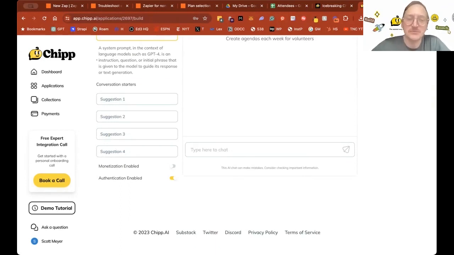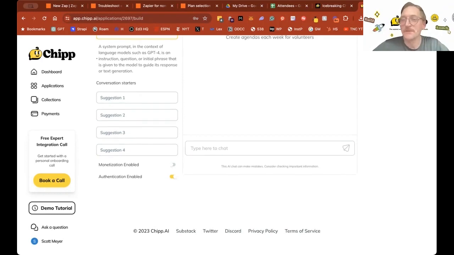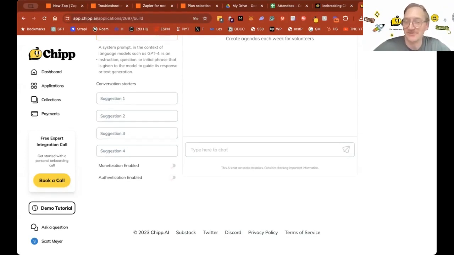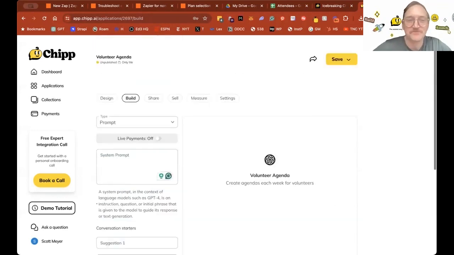This is kind of up to you. Most people, I would say right now, are turning it off. Basically, this means, does the user have to log in to use your tool? So do you want to limit who's using this tool based on, only members of your company? You might do that if the information is somewhat proprietary or private. For me, I'm using volunteers, right? So I just want as many people as possible to do this. I'm going to shut off authentication. So that's kind of what that means. You can decide what is the best approach there.